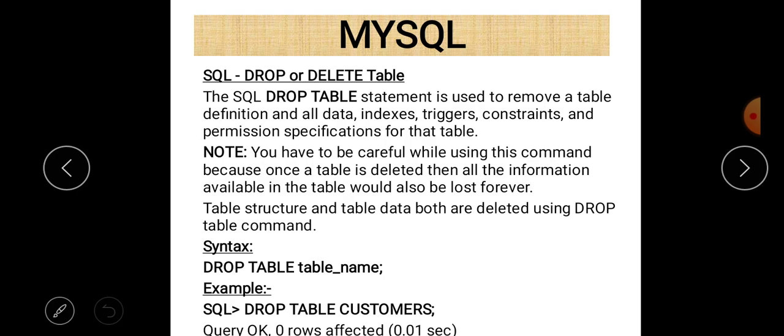So drop table is a DDL statement. When you use drop table and table name, then entire data will be deleted. And one more important thing, you cannot use the where clause with drop table command because it is a DDL statement, and the whole structure with data will be deleted after the execution of that statement, and there is no condition applied with drop table command.